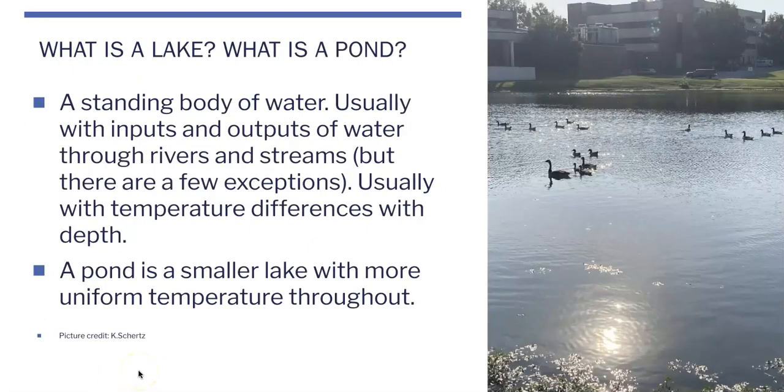What's a lake? What's a pond? A lake is a standing body of water, usually with inputs and outputs of water through rivers and streams. So streams and rivers will flow into it and others will flow out. That's an output. But not every lake is like that. There are a few exceptions like the Dead Sea or the Salton Sea. Those are usually ones with high minerals because since water doesn't leave it, water evaporates, leaving behind salts and other